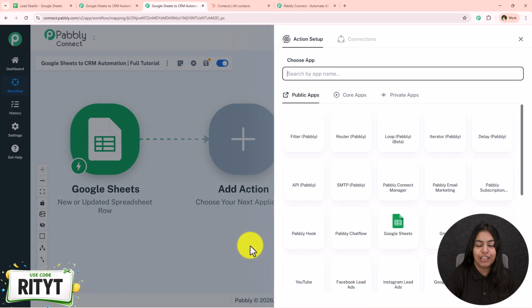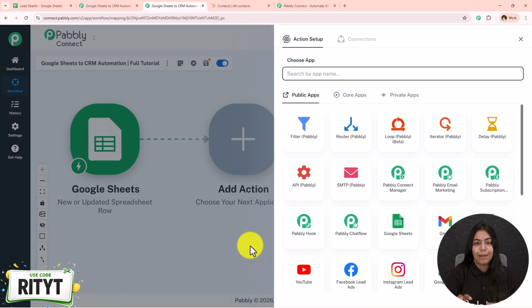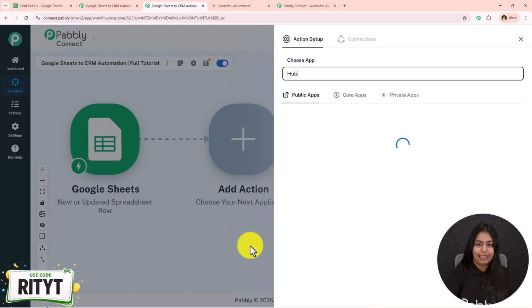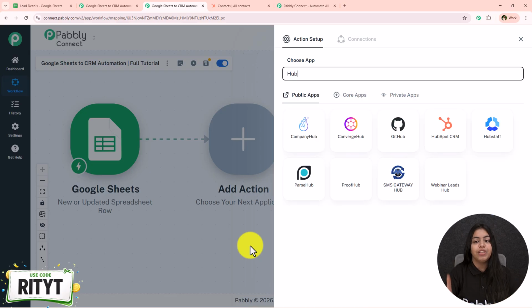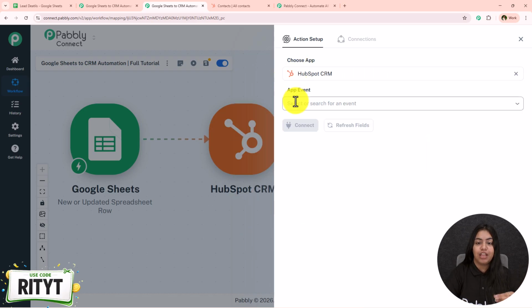Now click on this add new action step. For the action application, you have to select the CRM for which you want to create this connection. For example, I am using HubSpot, so I'm just going to search for HubSpot and select it. You can use Zoho CRM, Pipedrive, or many other CRMs. Pabbly supports most of them. You just have to select the CRM as the action application and the event as create a contact, and click